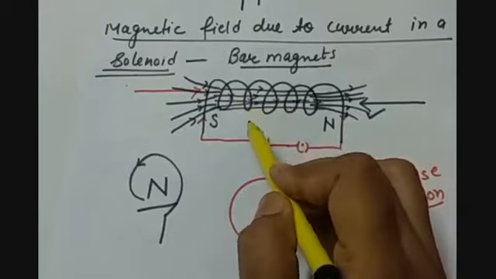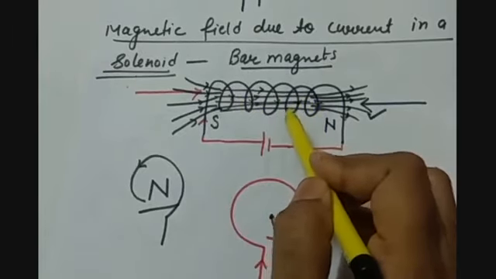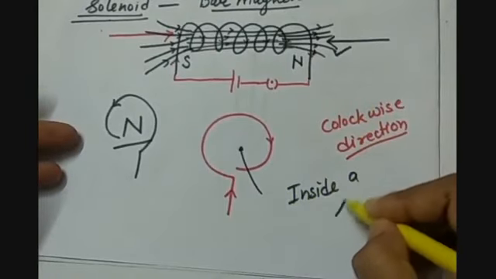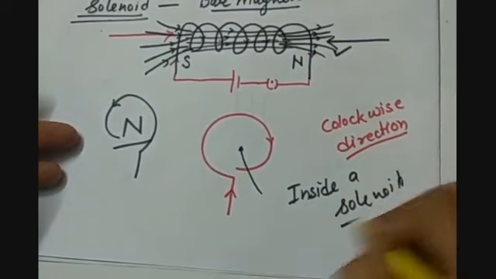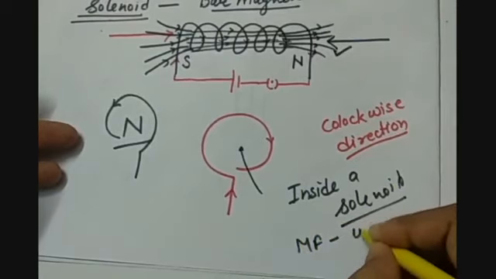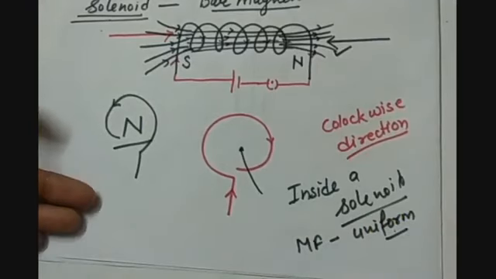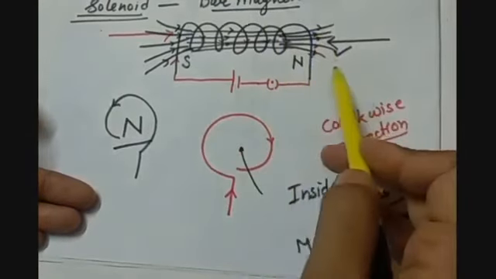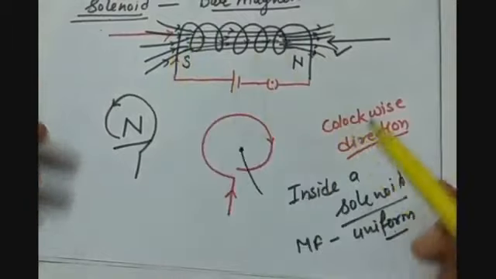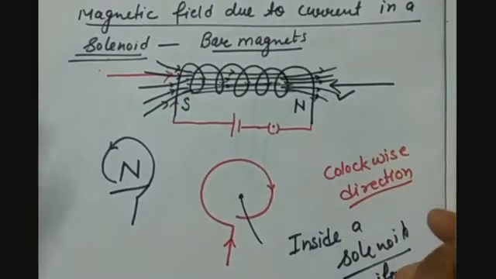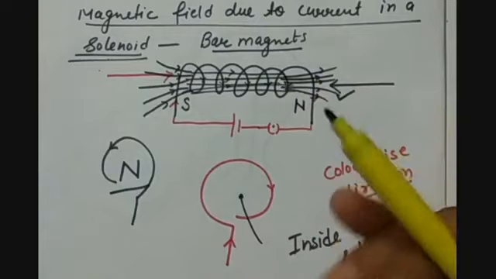So when magnetic field lines are flowing parallel to each other, that means inside a solenoid the magnetic field is uniform, but outside it is non-uniform, because as we go towards the ends of the solenoid, they are diverging at the poles. So we can conclude about the magnetic field of a solenoid that the solenoid creates a magnetic field similar to the bar magnet.